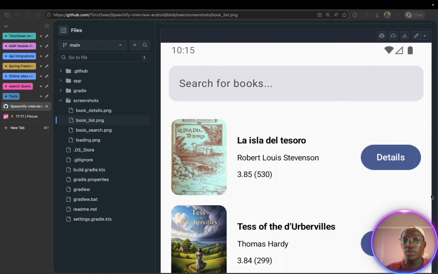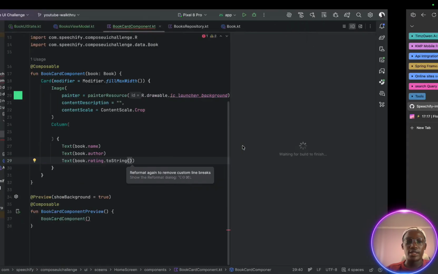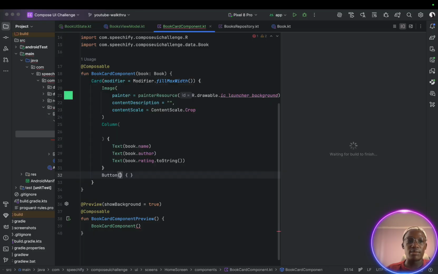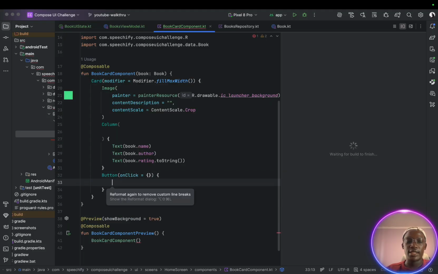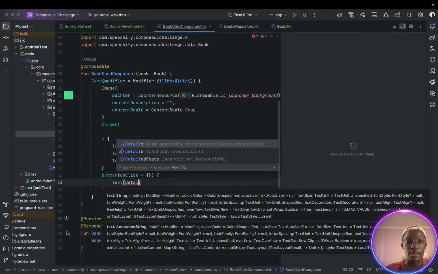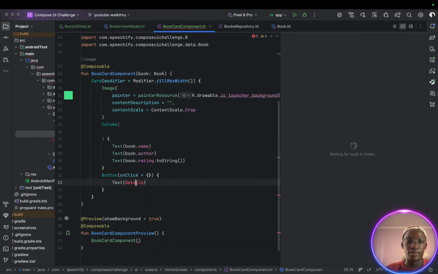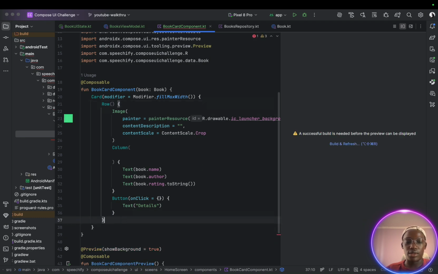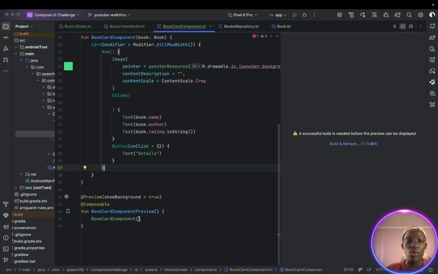So you can keep on adding this other stuff on the UI. The other thing could be a button. So we're gonna have a button with on click. On click for now, we can just leave it there. We will come to fix it later. And then the text here is "details", in quotes here. So remember, we need to wrap these inside a row. This way, our preview would require